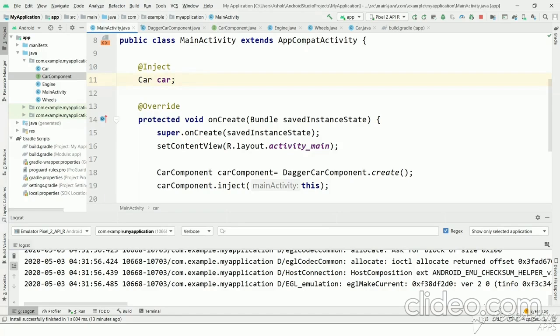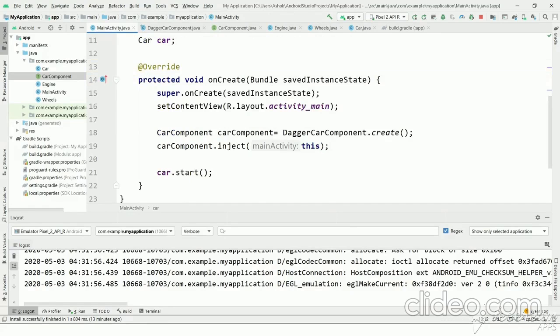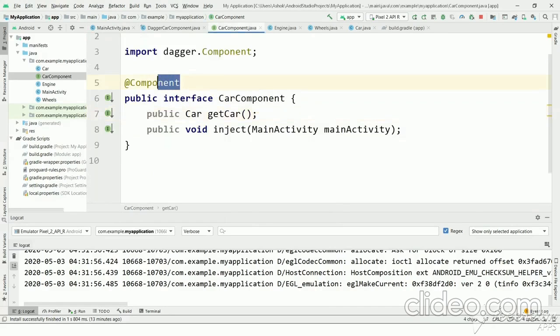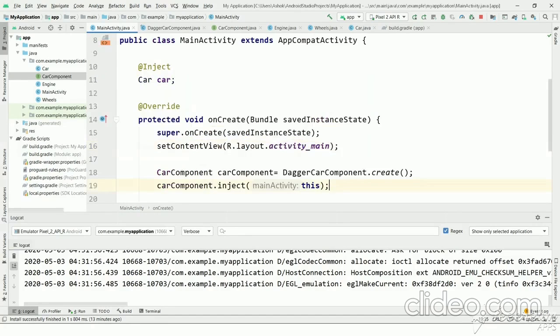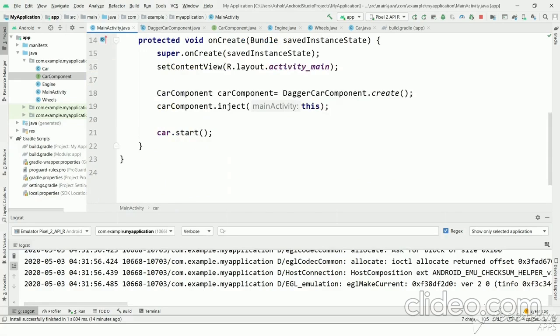Until now, we have seen constructor dependency injection and variable dependency injection using inject annotation. And for getting the implementation of creation of objects, we have created a car component with component annotation, and we have just injected main activity, and this will take care of creating objects of the variables which have inject annotation in this main activity.